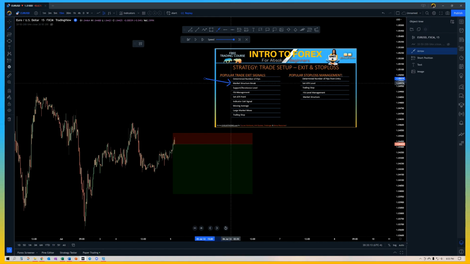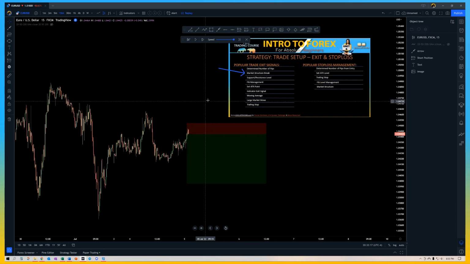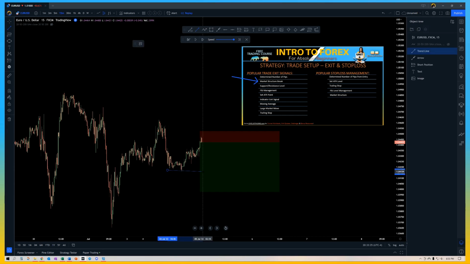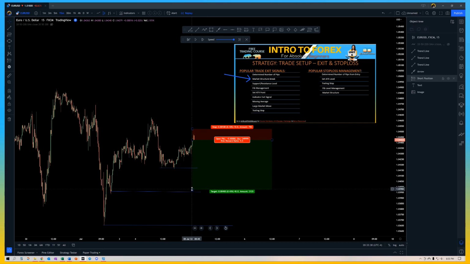Now we're going to look at a market structure break exit signal. If you are in this live trade right here, you basically have a market structure break here. This was a previous swing, and you have a market structure break here. This was a previous swing, and then you have a structure break here. And for our example, we're going to just look at this market structure break here, and we're going to say,